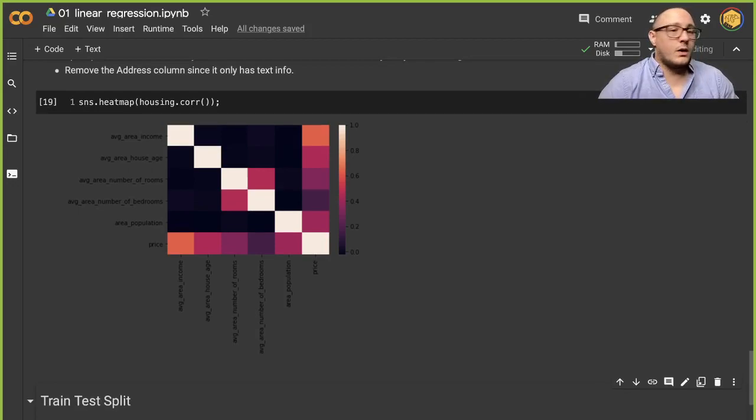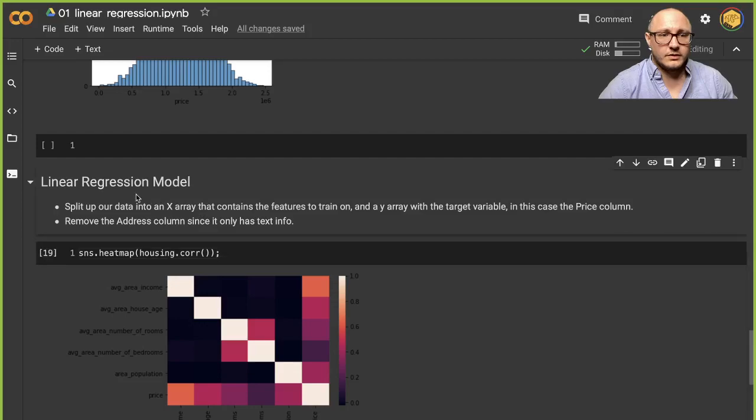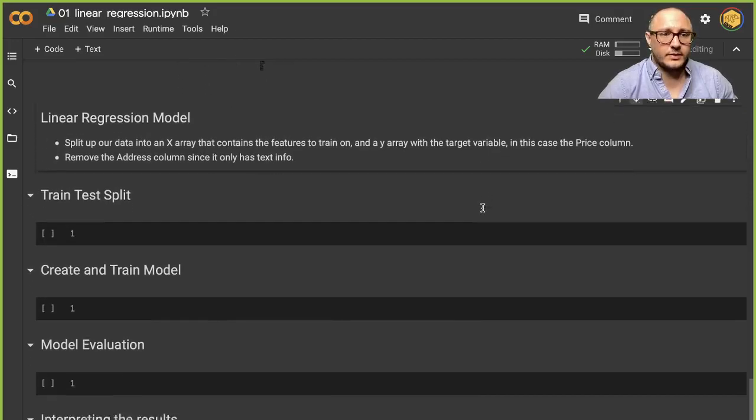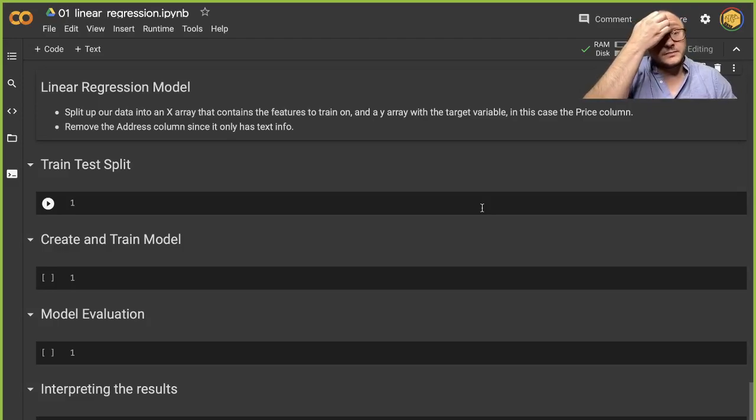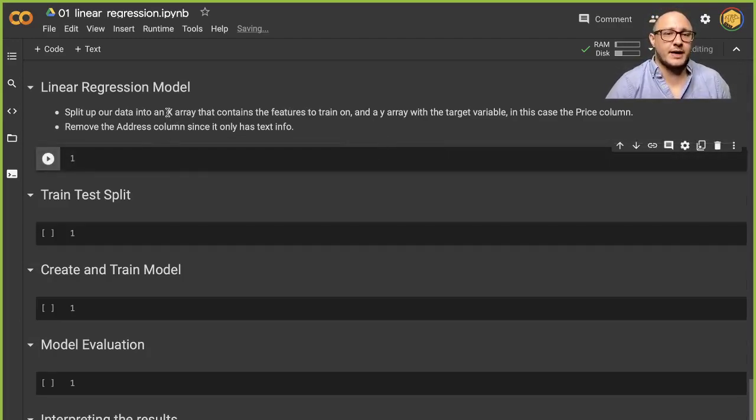So now let's go on to talking about, whoops, let me actually move this down. There we go. So let's talk about actually working with our model a little bit. Now we want to split our data into two, okay? So specifically we want an X and a Y. Now I like to keep them as this proper X. A large X is going to be our feature matrix. And so what we actually want is we want all of our